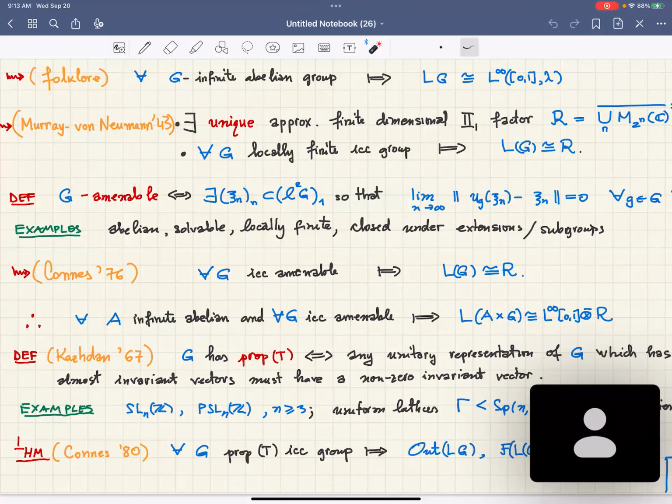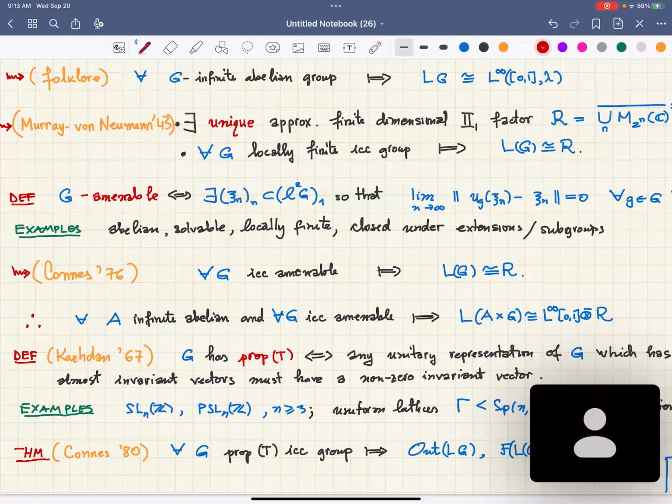So only later, right? From the beginning, the field was... All these results, on the one hand, can be seen as classification results, but they also seem to show that it is very hard to actually identify situations where the algebra retains something about the group. Okay, and the first sign of rigidity, as we like to call it, emerged from the work of